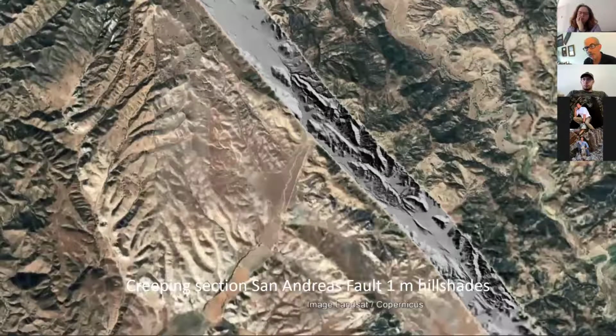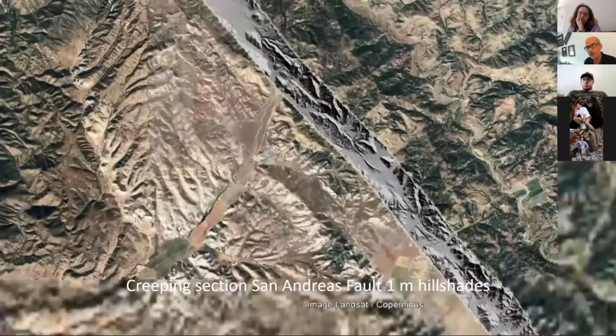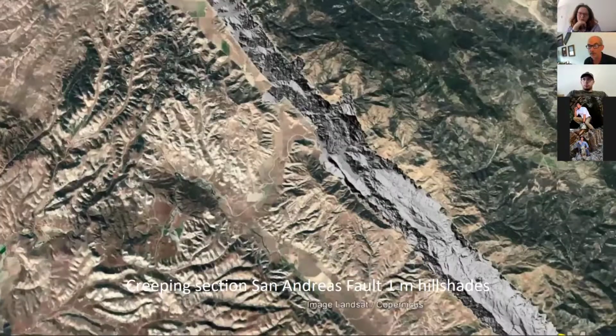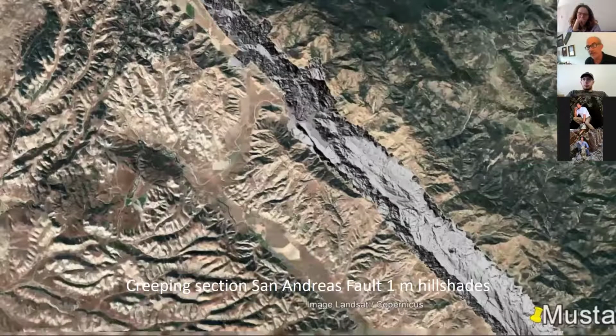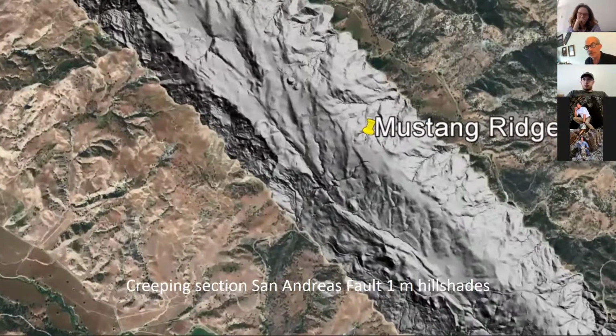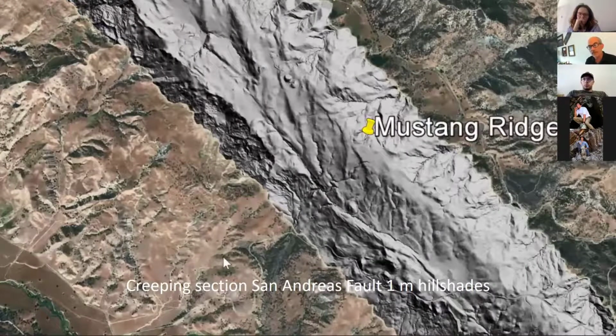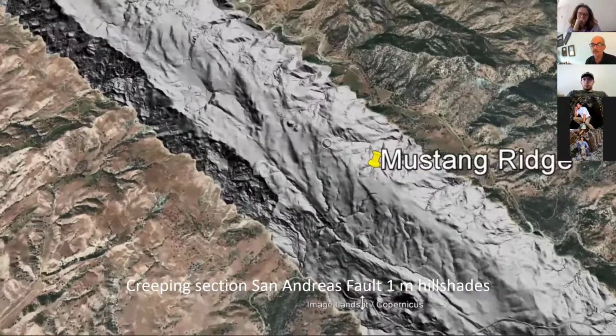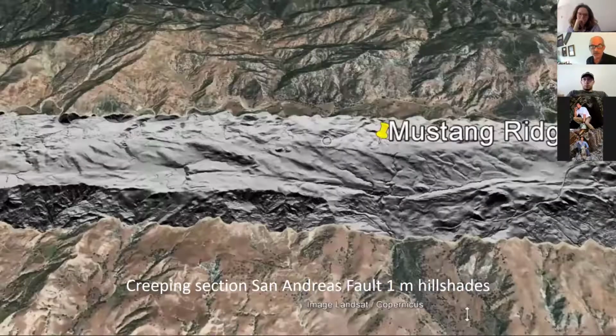So now we come into a part of the fault. It's still mostly creep. There's no big earthquakes here. But this is a place called Mustang Ridge, where there's a very interesting distributed deformation that we'll talk about in a moment. So the Mustang Ridge is kind of a hill. And what you want to appreciate is that